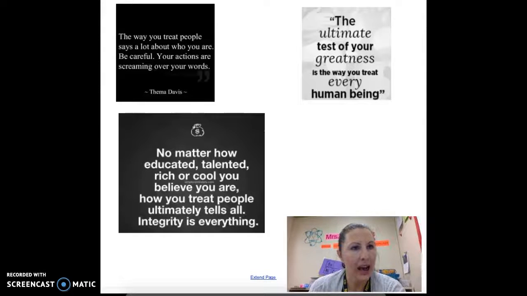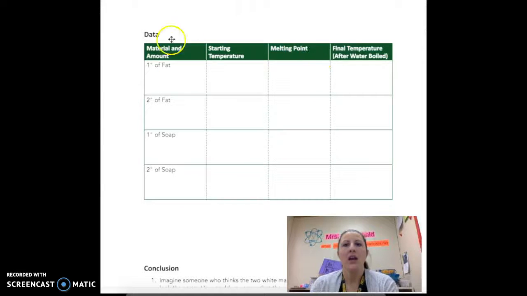Okay, so looking at our data from the lab, you only have part of this data. I want to fill it in together, and you can choose to use my data or use your own. The data I'm going to give you might be a little bit more helpful. I'm going to base it on what either I measured or what the chemical melting point of the substances that we used were. So for fat, I'm only going to fill in this middle melting point column because that should be the only one we need to use. The chemical melting point of fat is about 34 degrees,